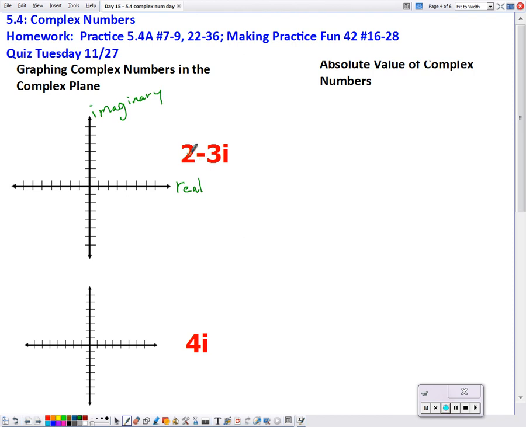This number is 2 minus 3i. Its real component is 2. So on the real axis, we'll go 1, 2. Its imaginary component is negative 3. So we're going to go down 3. And graphing this complex number,